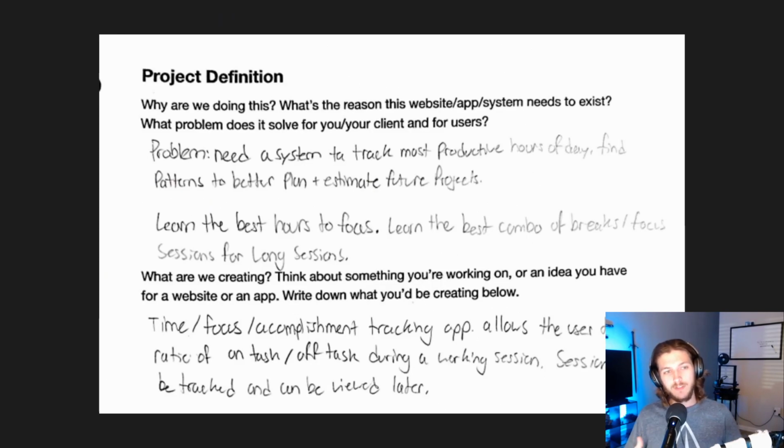So the first thing is why we're doing this. Like, why does the solution need to exist? Are there any alternatives? Like, do I really need to make something and go through all that effort? So I would say that for me, I spent a lot of time thinking about this, because the more I thought about it, the more I realized that I was trying to create a clone of